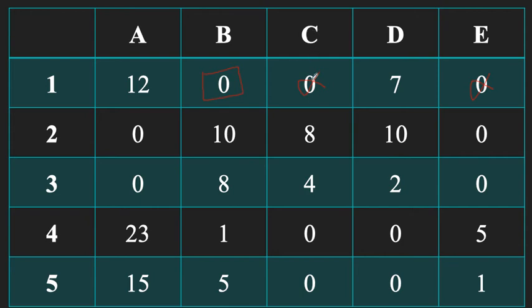Now, do we have a single zero here? We have two zeros here. Here? We have two zeros here. Here? No, again two zeros. Let us come back to the rows. Do we have any zero here? No, because we have already made an assignment here. Do we have a single zero here? No. Here? No. Here? No. Here? No. That means, what?